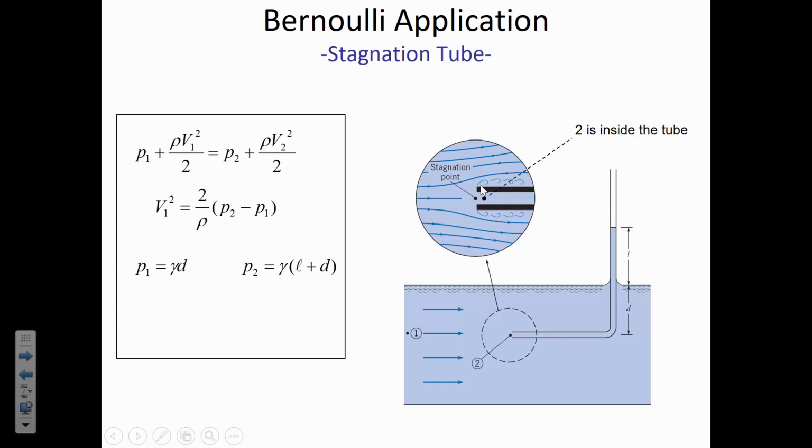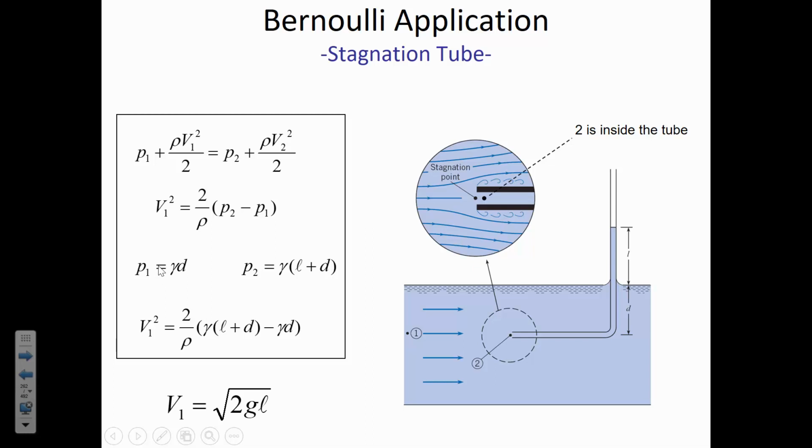It can't transfer itself into additional elevation, and if the only 3 terms are elevation, pressure, and velocity head, the velocity that is lost at the streamline intercepting the stagnation point goes into additional pressure. So we can rearrange this and substitute in the 2 definitions for the pressure, and after canceling out like terms,